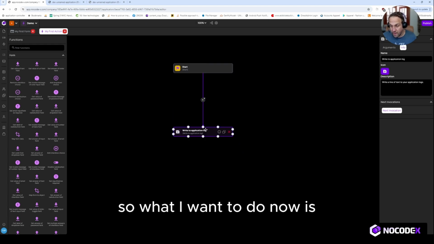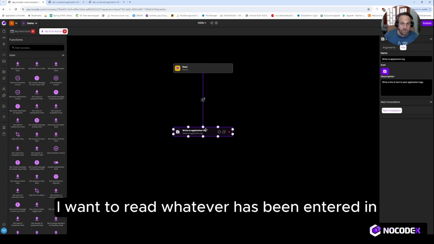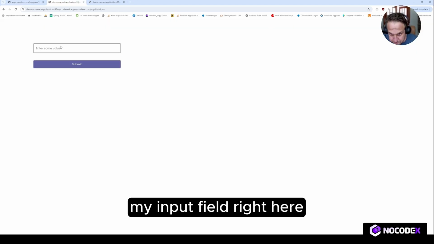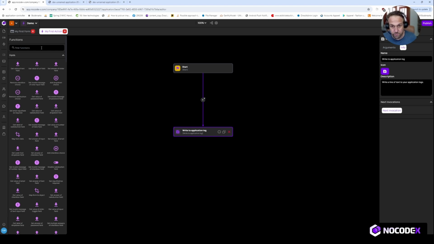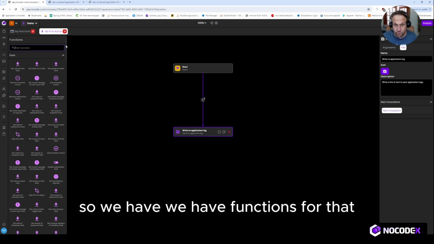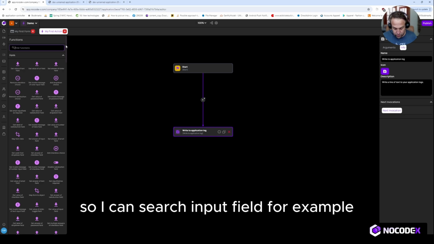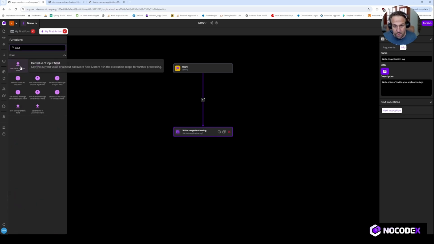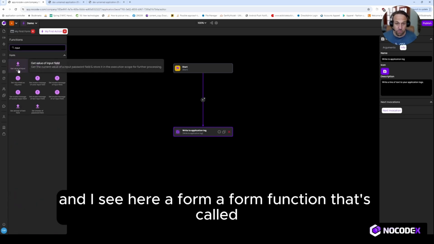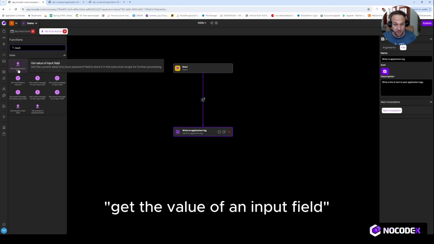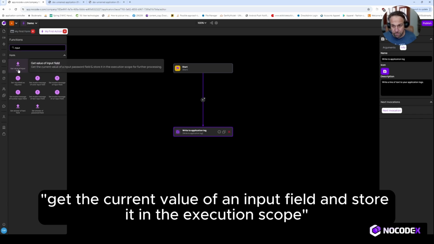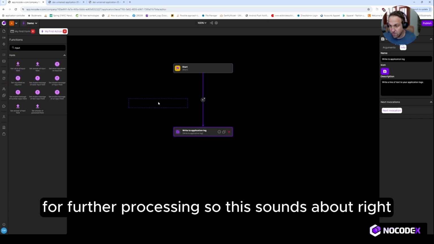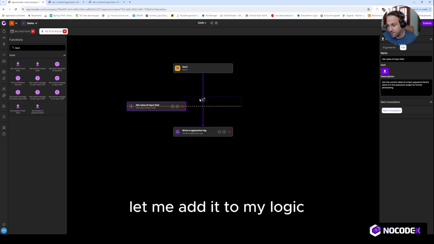So what I want to do now is I want to read whatever has been entered in my input field right here. And I want to write it to my application log. So we have functions for that. So I can search input field, for example, and I see here a form function that's called get the value of an input field. And the description says get the current value of an input field and store it in the execution scope for further processing. So this sounds about right. Let me add it to